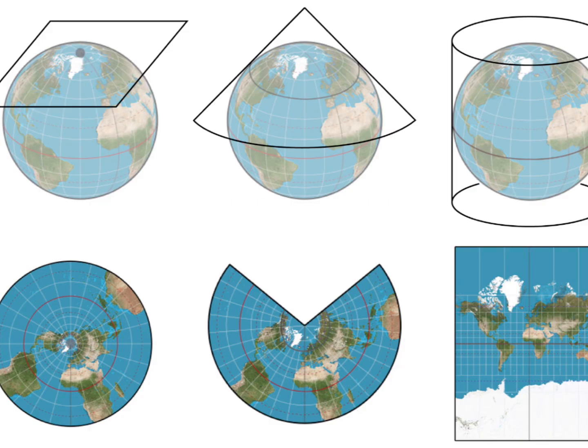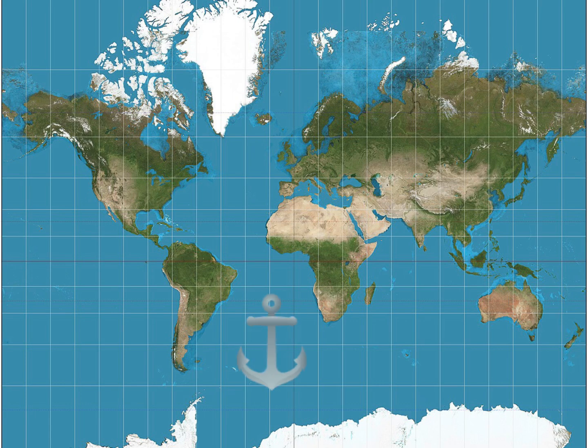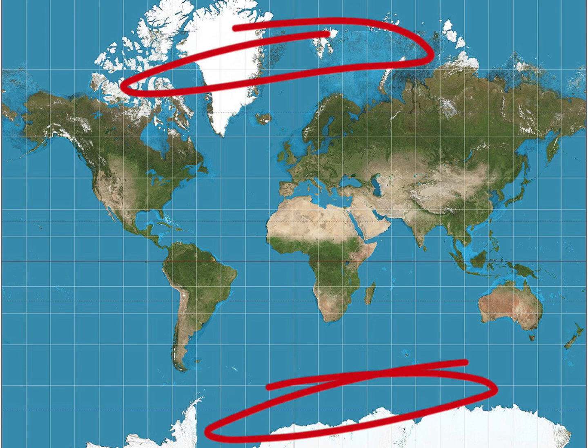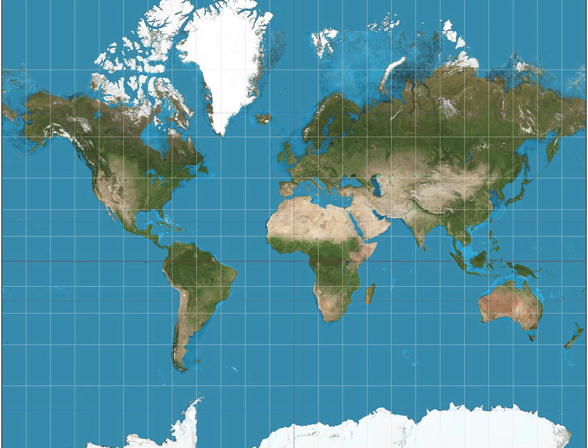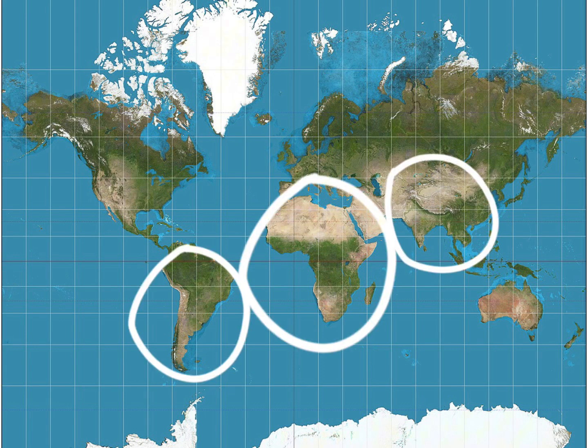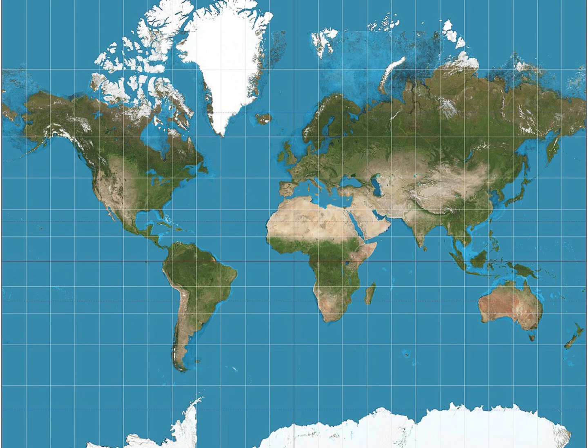Some projections maintain accurate shapes, while others preserve accurate areas. Projection is ideology. The purpose of the Mercator projection was to help sailors navigate, so its key feature is that it preserves direction, making straight-line navigation possible. The trade-off is that it distorts size, especially near the poles. That means that Europe and North America appear larger than they are in actuality, and Africa, South America, and South Asia appear smaller than they truly are.